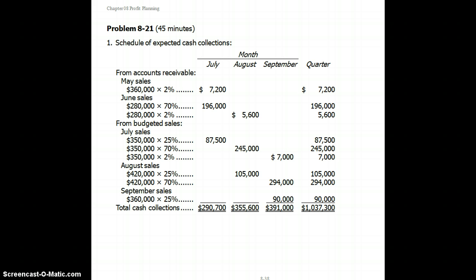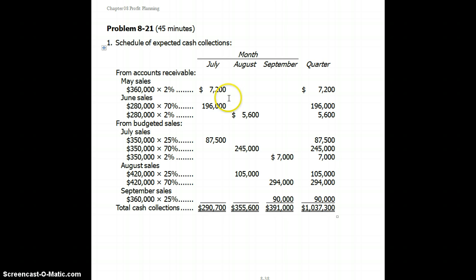Experience shows that 25% of the month's sales are collected in the month of sale, 70% in the month following, and 2% in the second month following the sale. Therefore, first things first, let's prepare a schedule of cash collections. Schedule of cash collections requires us to look on a month-by-month basis and determine how much cash we will receive